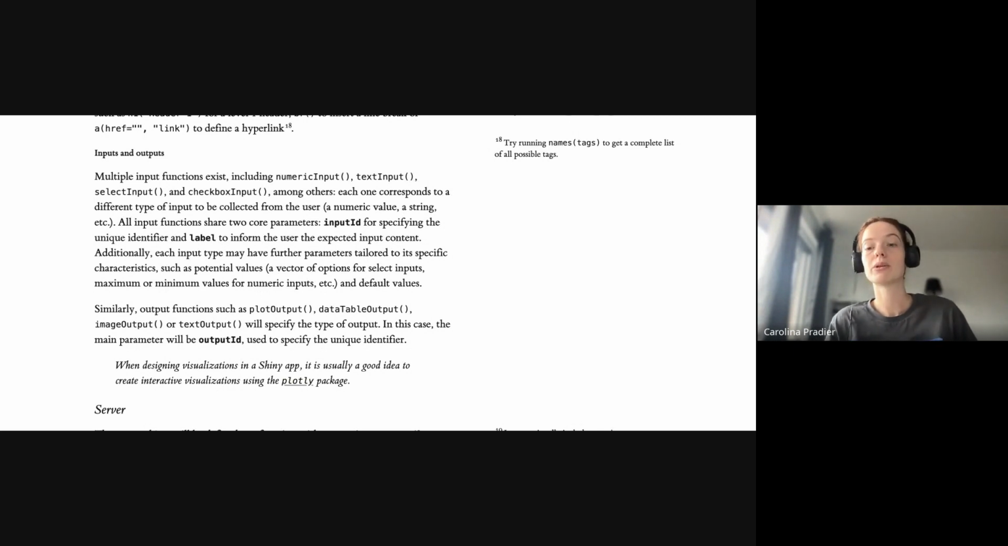The first one is the input ID, which is the ID we will later use to refer to the user's input when we work with it in the server. And on the other hand, we will have a label, which is what the user will see, like, please state your name or whatever. And on the other hand, we will have different kinds of outputs, which will also need to have an output ID defined and associated to them, which is what will bind these outputs to the server